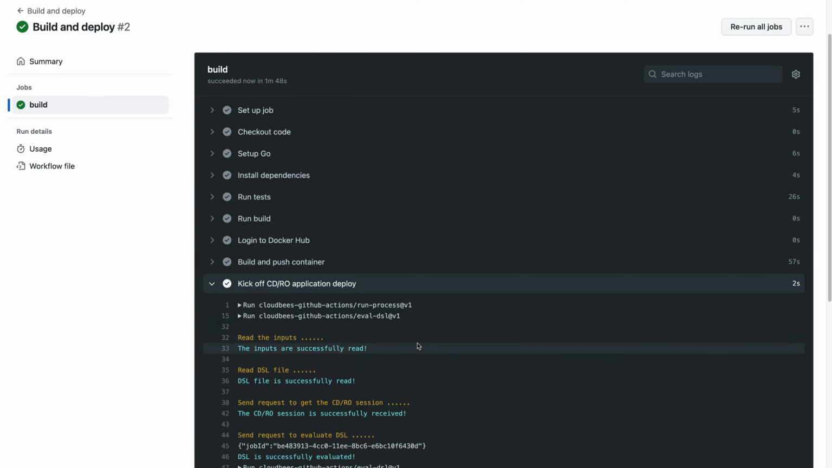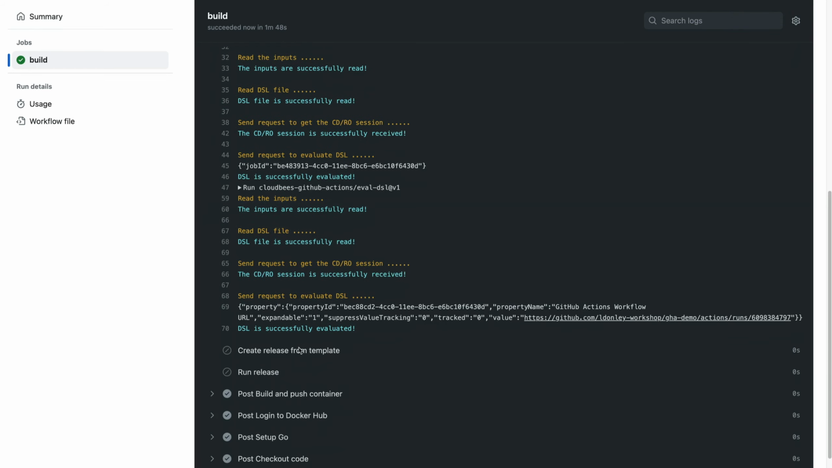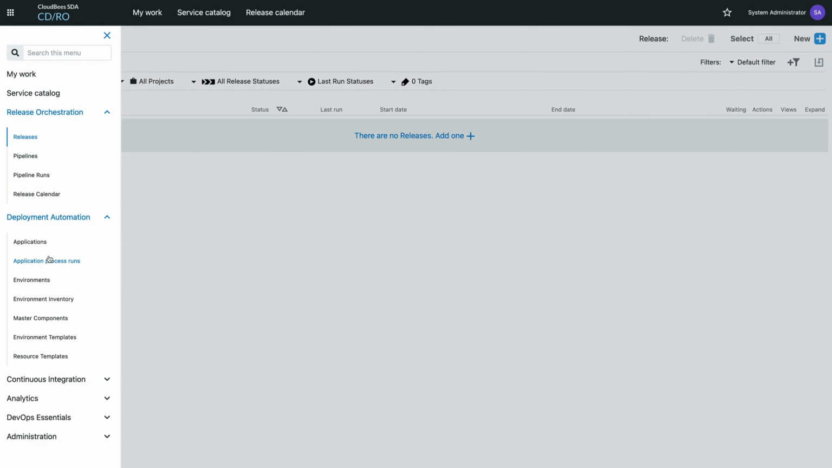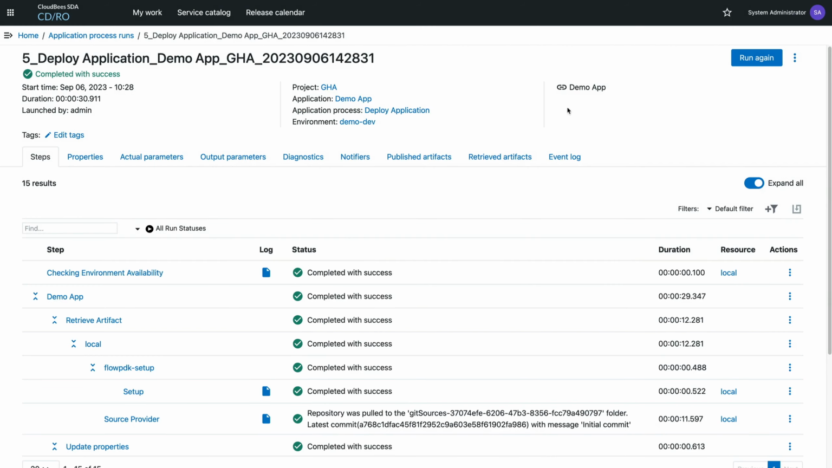All right, so we can see that that completed, and this actually gives me info about the job ID and all of that. And if I go into my applications, in fact, we can go to the application process runs. I'll see I have one actively running right now. All right, so now that this is complete, if we go to this demo app up here,